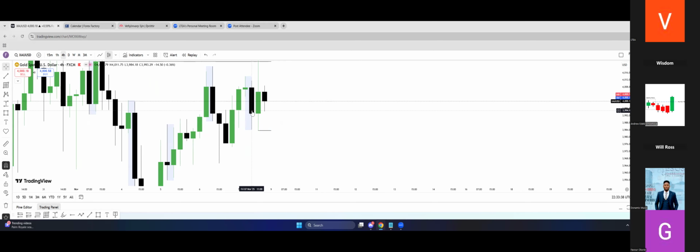You can aim for the high, or this high, or even this high, not even knowing that there's a point of interest there. So this is what I want to tell you now. Let me take this one out. So this will now be the previous 4-hour low, previous 4-hour low right here. So what do you want to do? You want to see the 15 minutes shift right there.